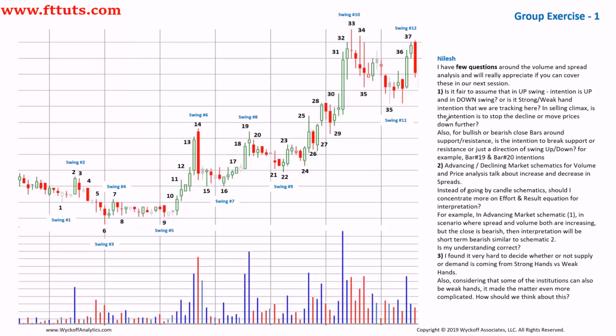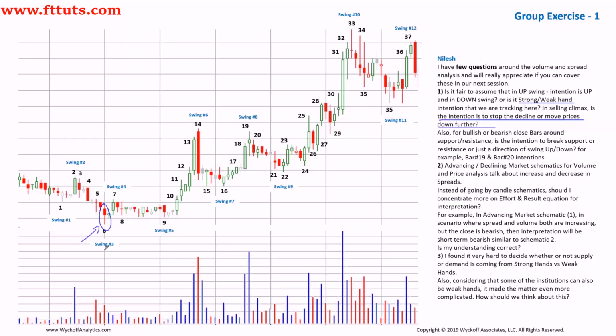In selling climax, is the intention to stop the decline or move prices further down? Okay, so I see how the strong and weak hands come about with the selling climax, and that actually makes sense to me. Yes, so behind the climactic action, we might be thinking that the intention for strong hands is to stop the downtrend, although there is no,